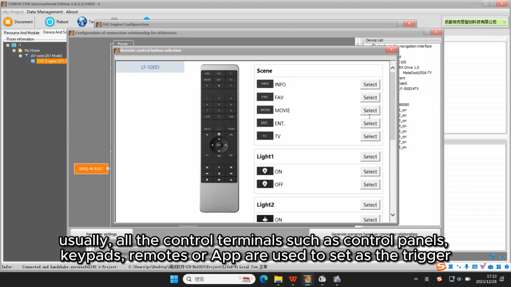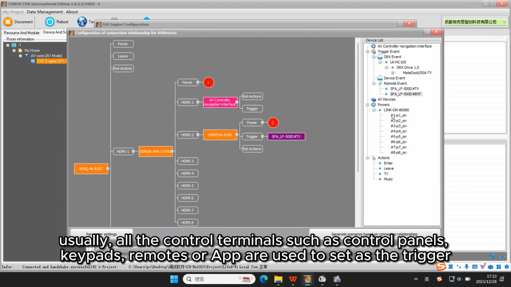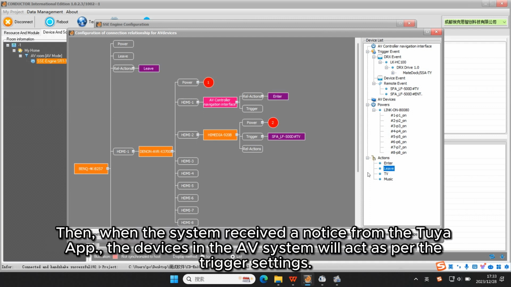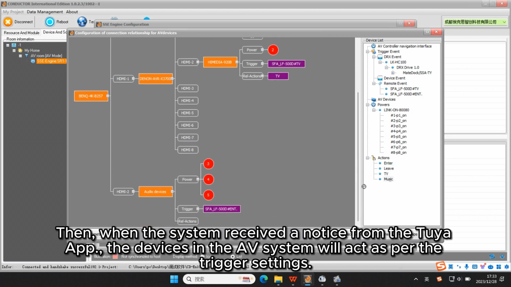Usually, all the control terminals such as control panels, keypads, remotes or app are used to set as the trigger. Since the MateDock has been connected, we can use it as the trigger for action scenes with the remote. Then, when the system receives a notice from the Tuya app, the devices in the AV system will act as